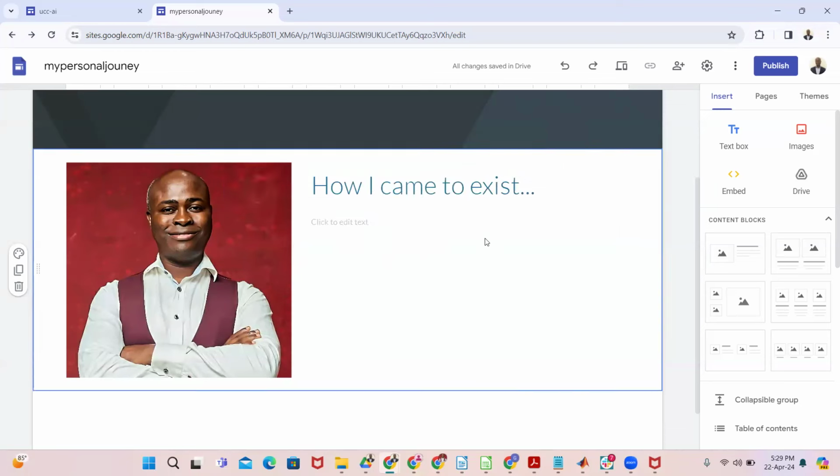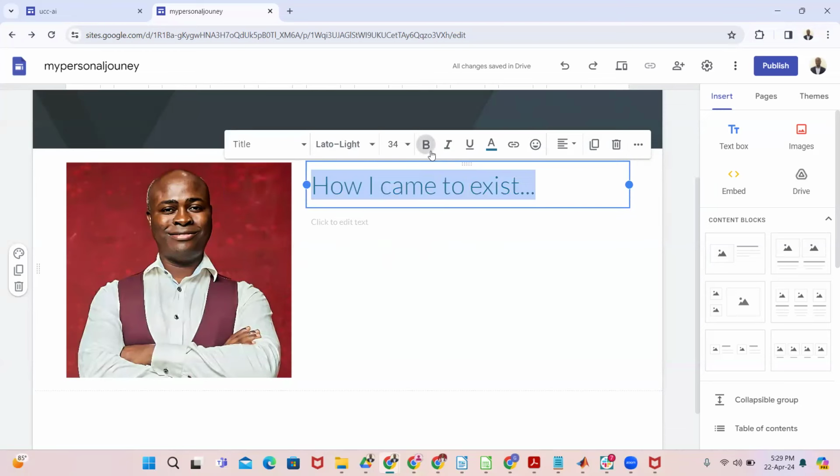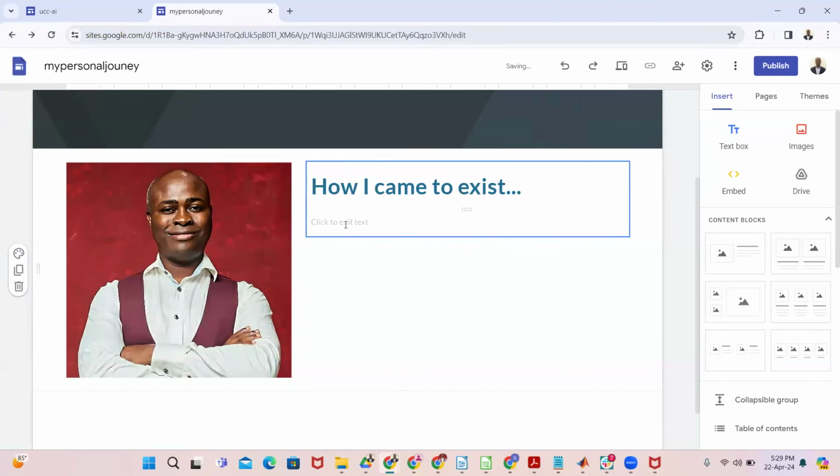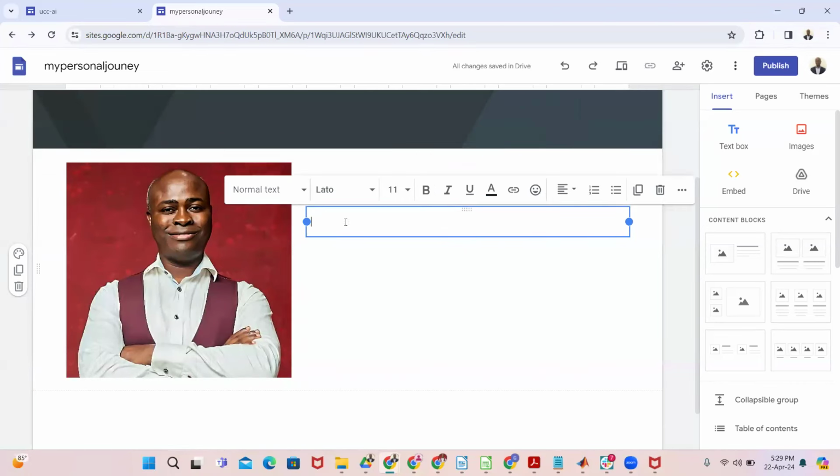Then you can write. You can bolden it as well, and you can reduce the font. You can do whatever you want to do here. Then you can start your story. You can say I was born in, let me just say something like South Ghana, right? I went to St. Augustine's